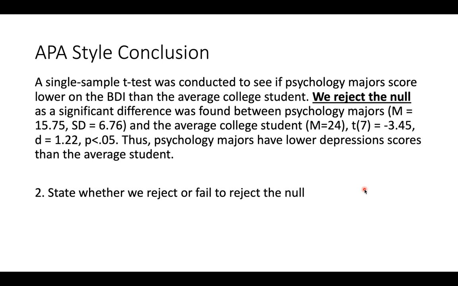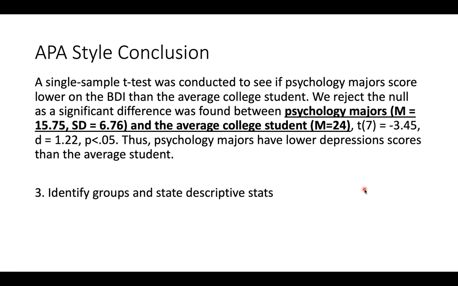Our next step is to state whether we reject or fail to reject the null. We reject the null because we had a significant difference. We reject the null. A significant difference was found between, and here, the third part, identify your groups and give their descriptive statistics. A significant difference was found between psychology majors who had a mean, we'll just use M because